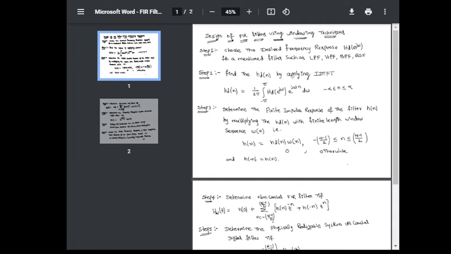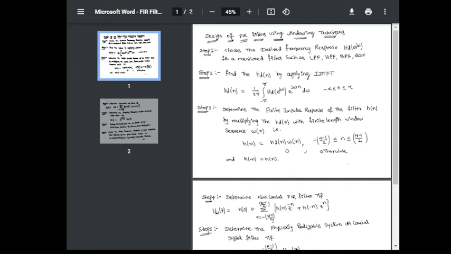Now we discuss the design of FIR filters using windowing techniques. When we observe the Fourier series method of designing FIR filters, Gibbs oscillations are introduced in the pass band and stop band of any filter. So to overcome that, or to remove those Gibbs oscillations in the Fourier series method, we go for windowing